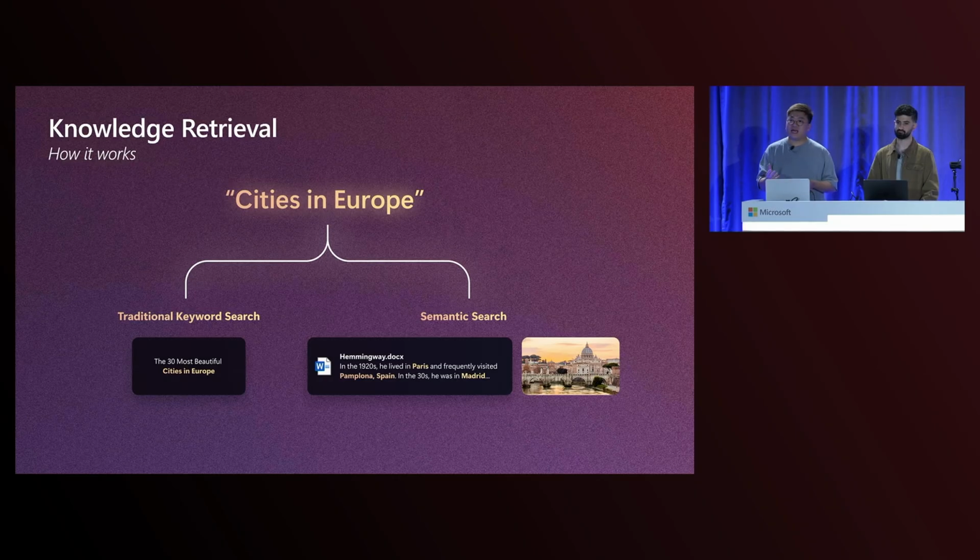Because the users just ask questions in different shapes and forms, especially in natural language. They describe things differently, they ask things differently. So it's great that you have a knowledge retrieval system that could be really forgiving on how your user asks the questions. Well, the best part is our semantic search and knowledge retrieval APIs, their private preview starting available today, will hide away a lot of those complexities of combining and re-ranking between your semantic search and keyword search, and make sure the API surface stays really simple for you to use.